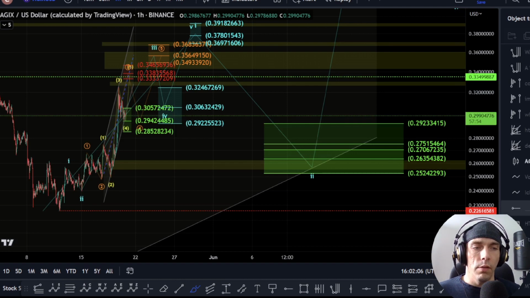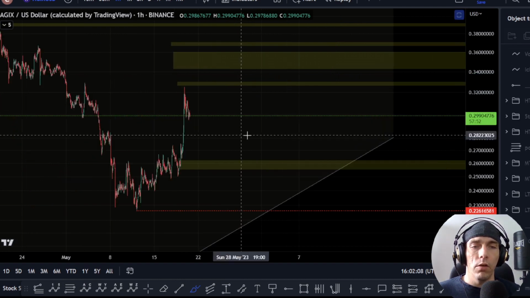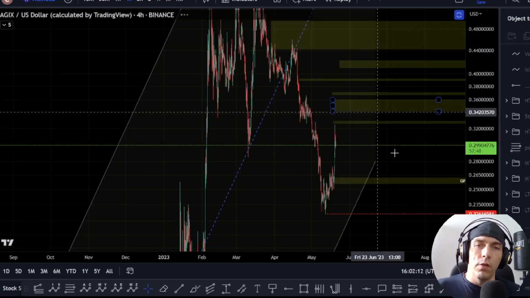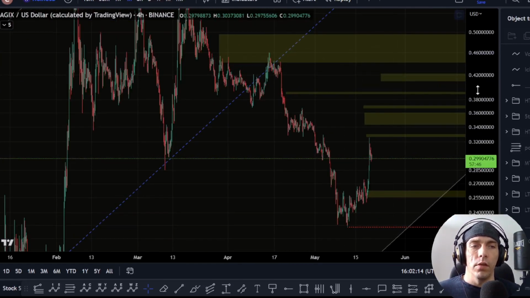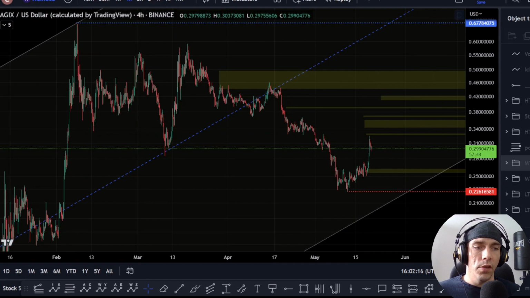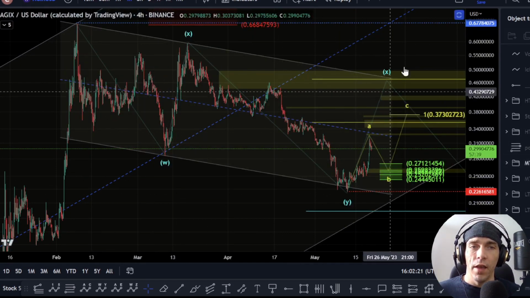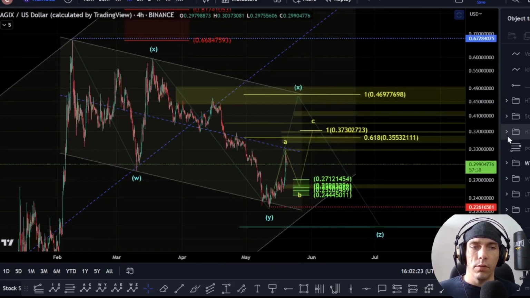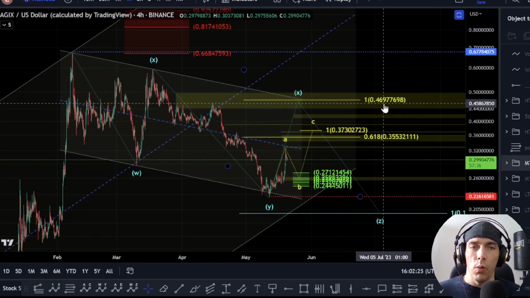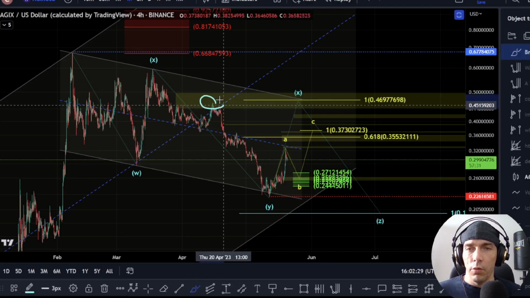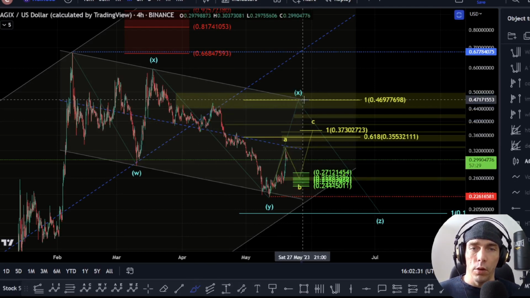Now what if this is not a 4th wave completed? So if we want to argue that actually what we have here is not a 4th wave completed, what we'd have to do is actually come back out here and revisit how we look at this count. So there is the potential that we could have this as a WXY, X, and a Z. Now some interesting targets for this would actually be higher up here towards this 4897, which would actually bring us back into this high here, which could actually look for a swing failure